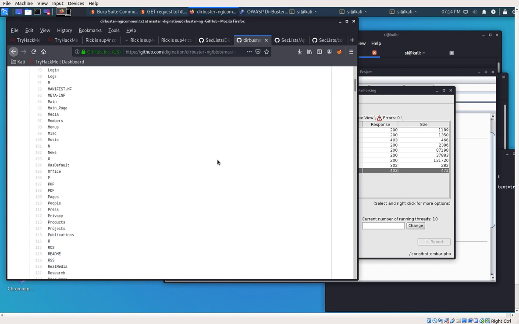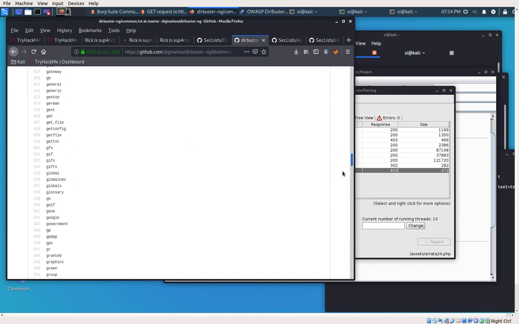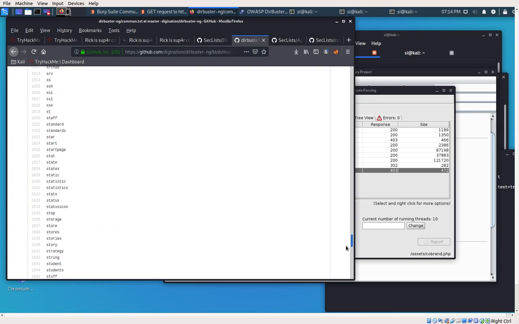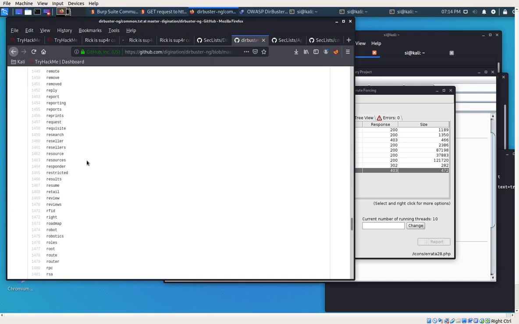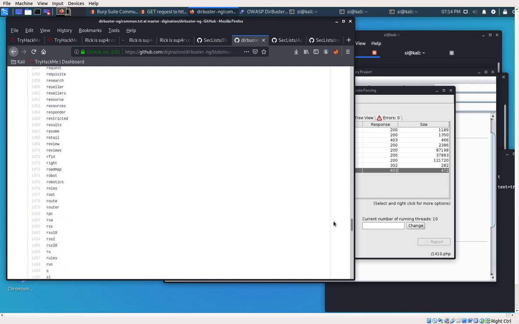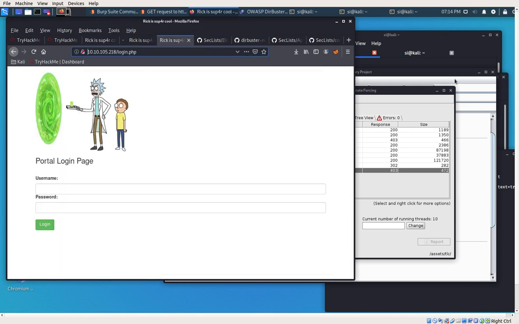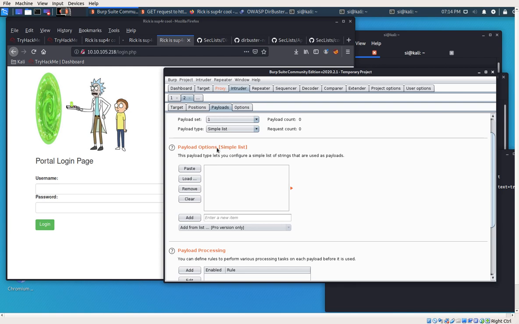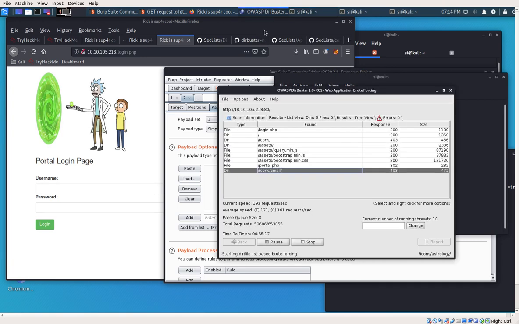So maybe we can wait for that to finish, or maybe it's worth running a few through here. For the sake of this, I know basically what we're looking for, and it doesn't look like it's in this particular one. Maybe if we had the pro version of Burp Suite, it'd be a little bit easier. Okay, but what we're going to do is